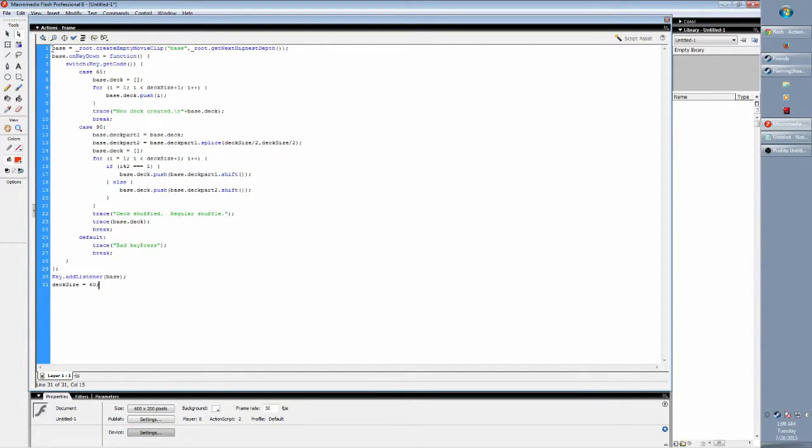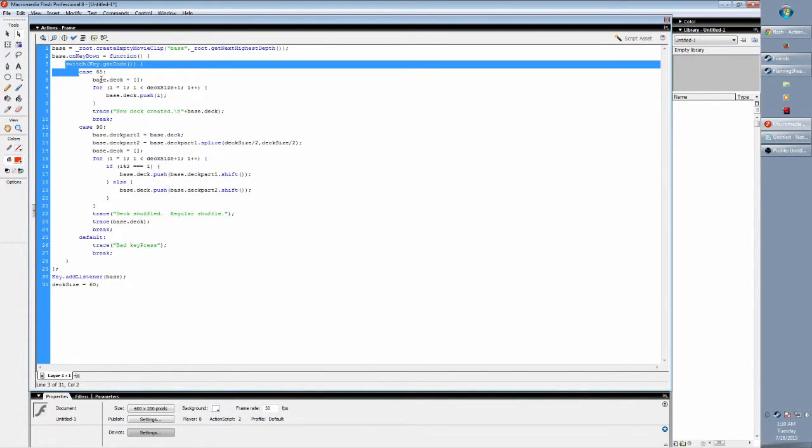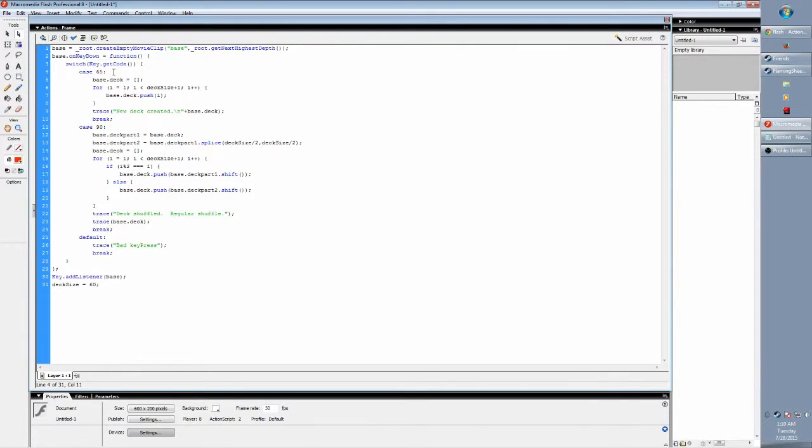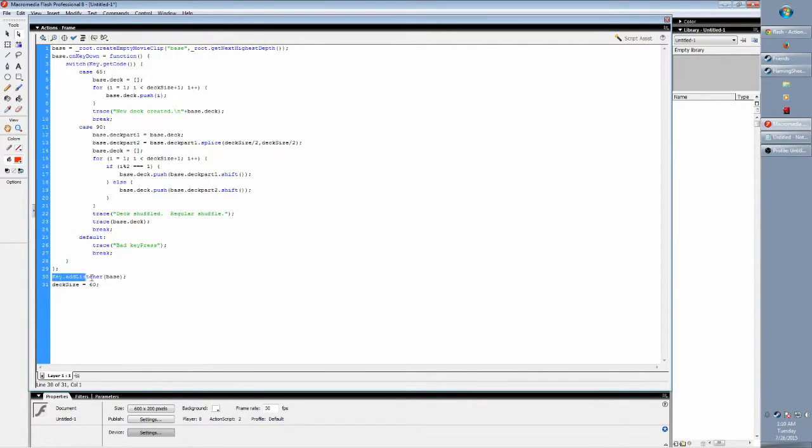So a quick rundown of what this does. Hopefully this text comes through on the capture well. But first, it creates a base, a platform to put the rest of this coding. Like right here, we say, okay, the base that I just created is going to run this function whenever a key is pressed. It's going to get the code of that key that was pressed so that it can figure out what key you pressed. If it was A, create a deck. If it was Z, shuffle the deck. Anything else, just return an error. And then it adds a listener to actually make that top thing work,